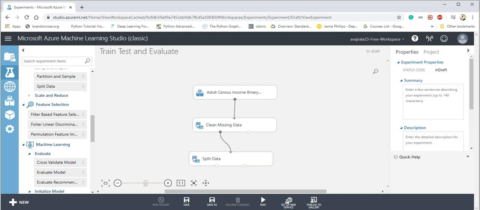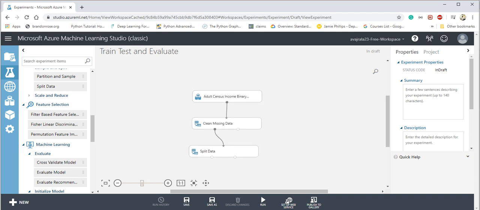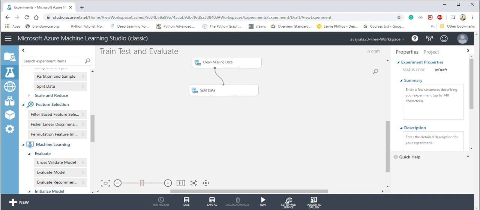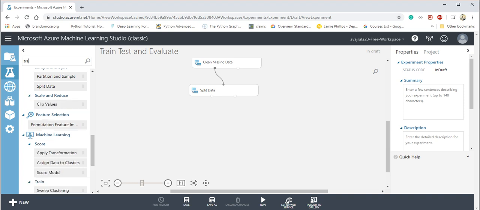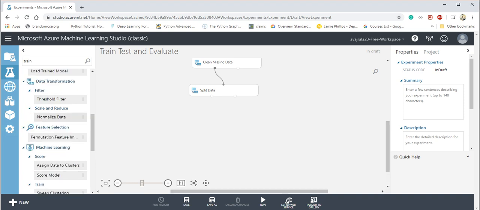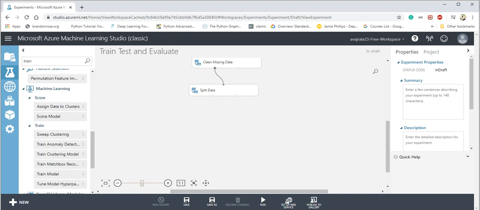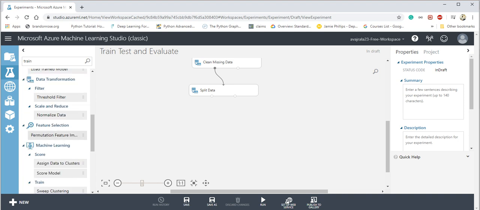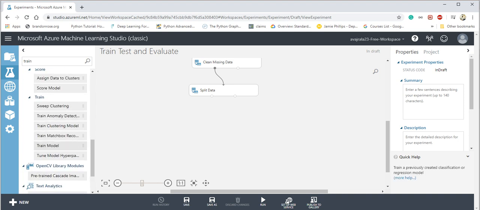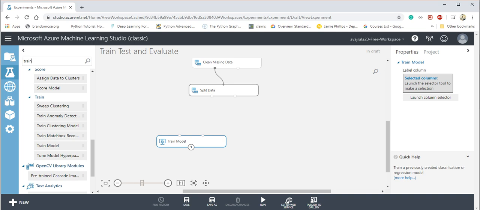Now we have to train a model. So we search for train. Yes, there is a module called Train Model. We connect the data to this Train Model. Train Model also accepts one more input, which is which kind of algorithm we want to train.